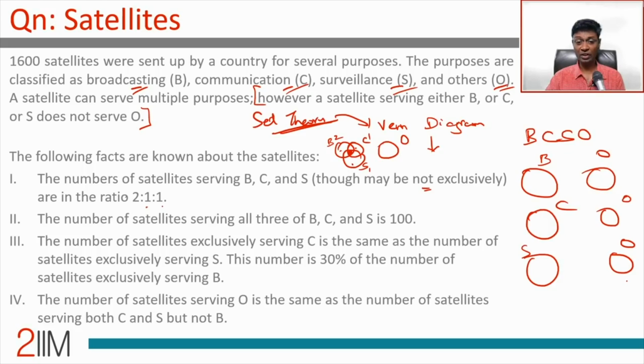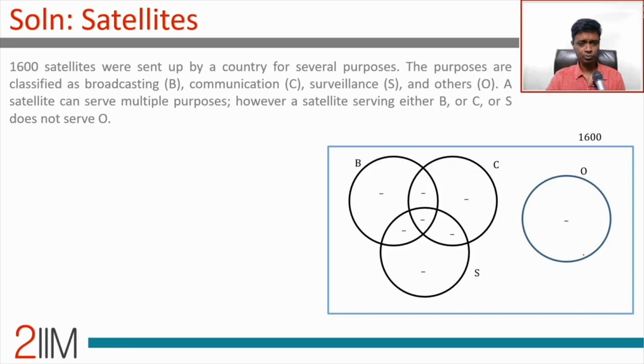I don't think we have enough information to solve this grid and get all numbers. There's just equal to, not equal to, and the ratio. There's only one number given, and so there's going to be some variable. My gut feel is we're not going to be able to completely plot out the grid, but let's fill it out any which way.